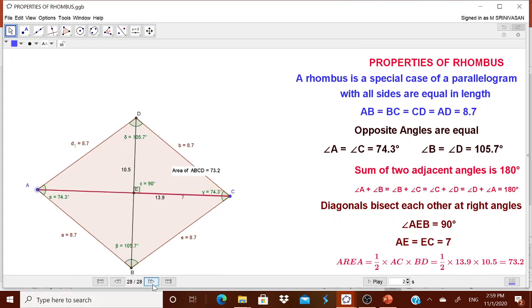And they can find the area also, the formula being half into the two diagonals. We have to multiply the lengths of the diagonals. And the area can be obtained directly from GeoGebra also. Let them check whether they are getting the same answer as the area obtained from GeoGebra. Well, let us try to design this dynamic worksheet from scratch.